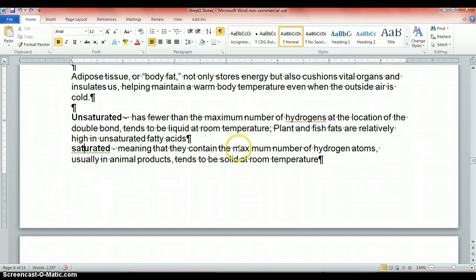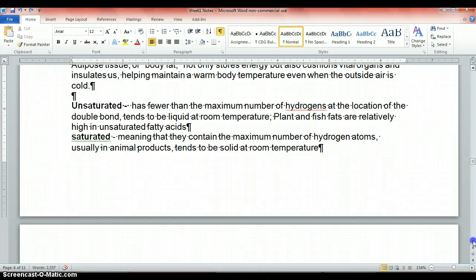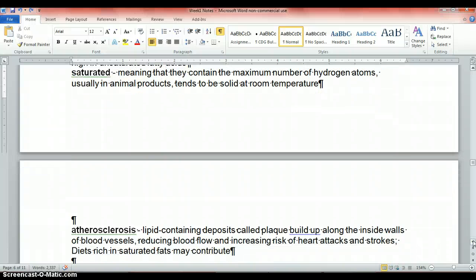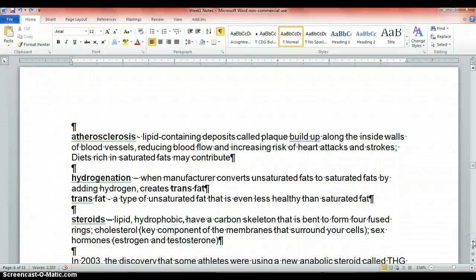Saturated fat means they do have the maximum number of hydrogens, so every carbon is completely surrounded by hydrogens, and those tend to be animal fats and solid at room temperature, right? So think of butter versus olive oil. Or lard, that's better. Think of pork lard, nice solid mass, versus olive oil, nice and liquid. This isn't always true. When I had coconut oil, often it got hard. But if it's liquid at room temperature, it tends to be healthier. And we care about all of that because we do not want that plaque buildup that leads to heart attacks